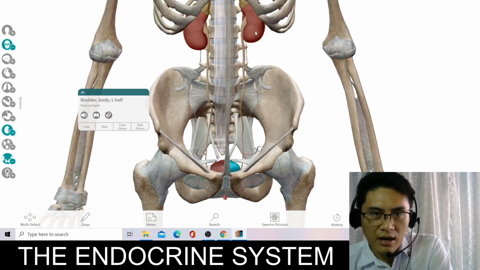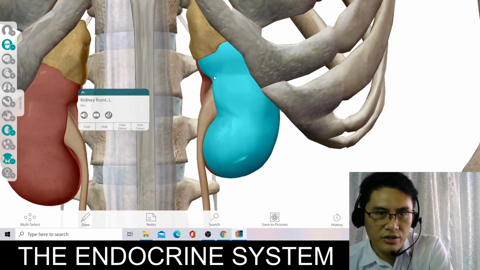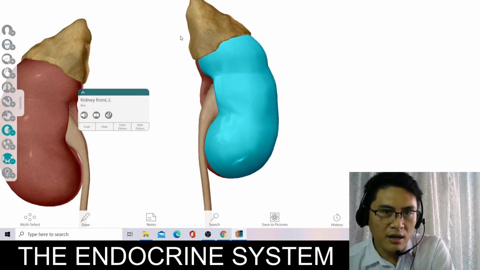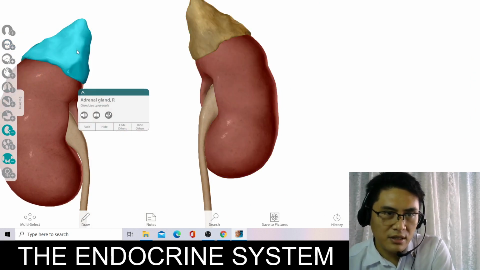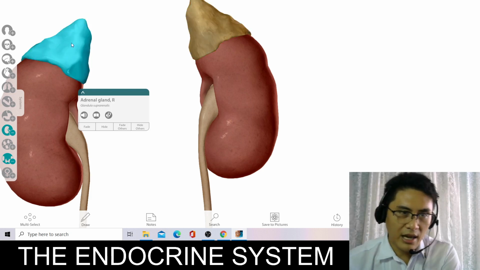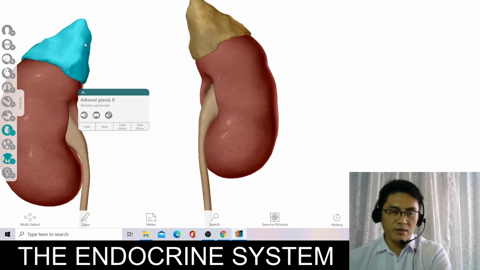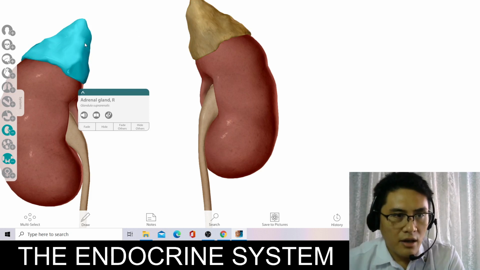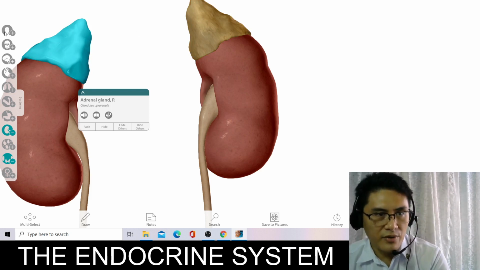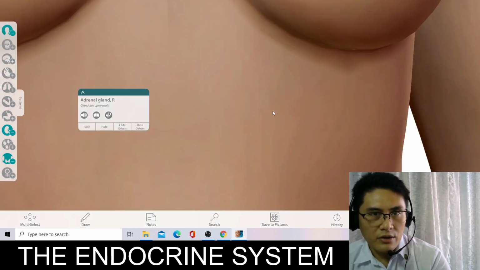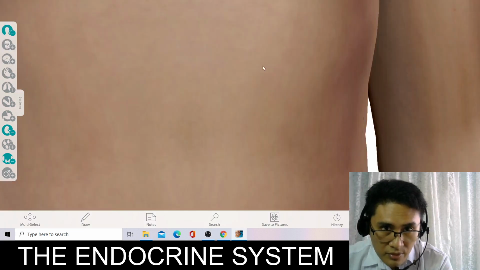But that's not what we are after. What we're after are the structures that are on the top of the kidneys. So these are what we call the adrenal glands. So these are the ones that are responsible for adrenaline, right? So the adrenal glands. So now let's zoom out,